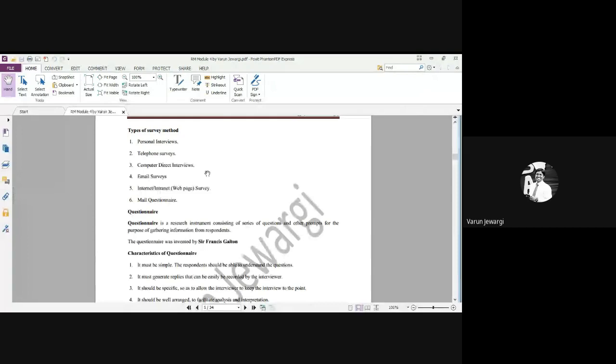Then email surveys. Yesterday we were talking about this. Once you receive the product from Amazon or Flipkart, we don't put down the feedback, or we don't bother to answer those questions. Again, a survey is conducted by email. They send an email to the people. Once you're done with a car service or a bike service, immediately an email will come to you: how was the service? We require the feedback. So again, a survey is conducted.